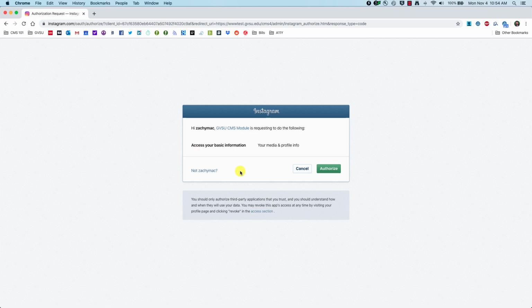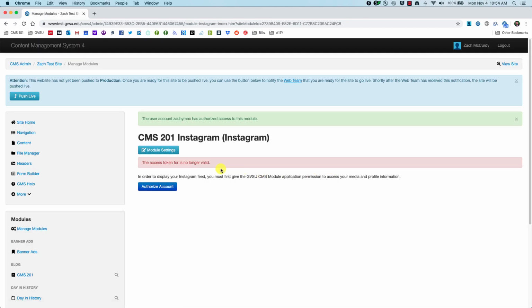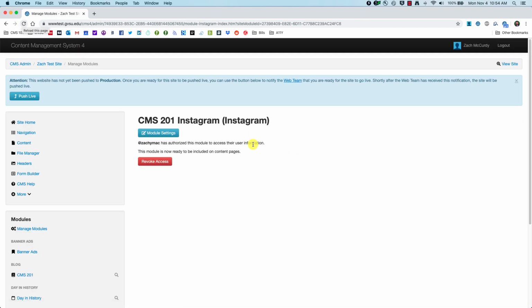it will take me to Instagram. And if you're signed in already, like I am, it will say hello and ask you if you request the following. It will access your basic information, your media profile info. I'm going to click on authorize. And now I'll be brought to this page here that shows that my account has authorized this module for access